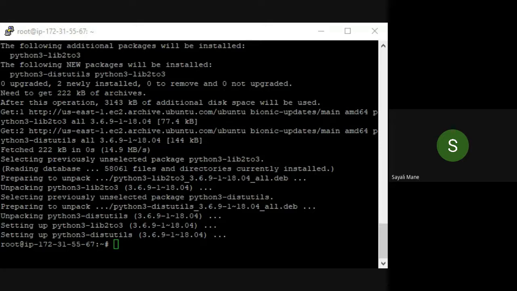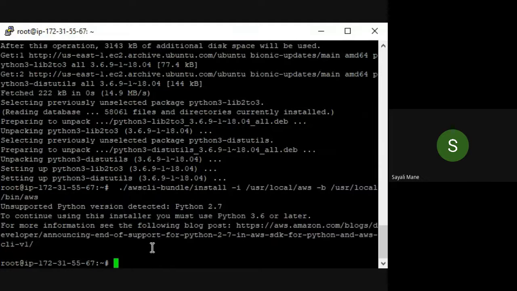Ma'am, can you show the Python 3 command? Sorry? The Python 3 command, the earlier one. Yeah. So let me try. See, again, I am getting this message. Let's try it. I'll stop my sharing, okay? Actually, in the last week, when I ran this command, it was working fine. I took a screenshot of it also.